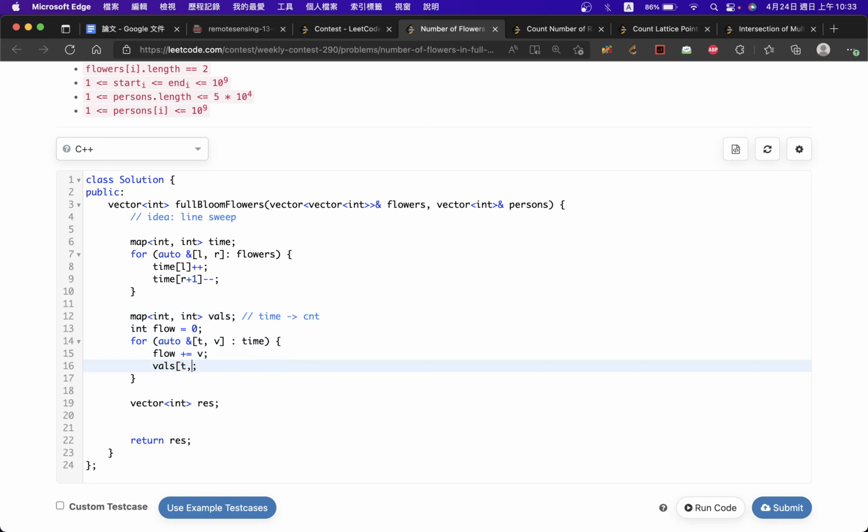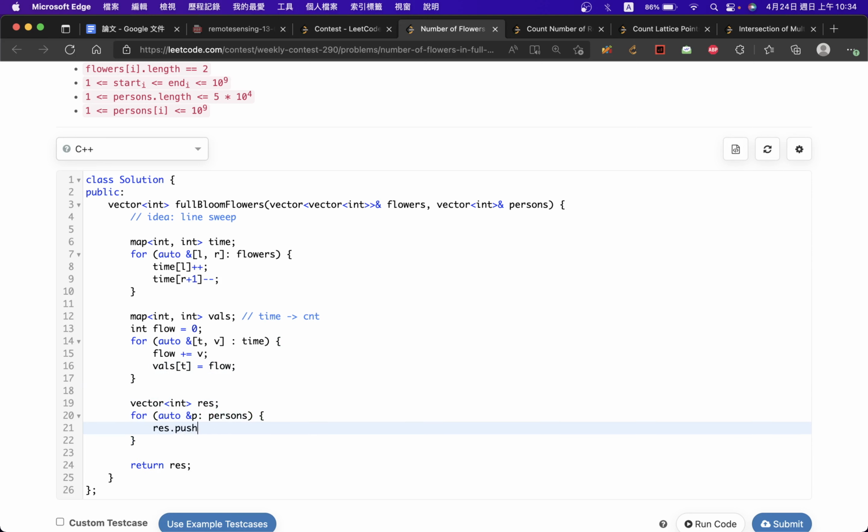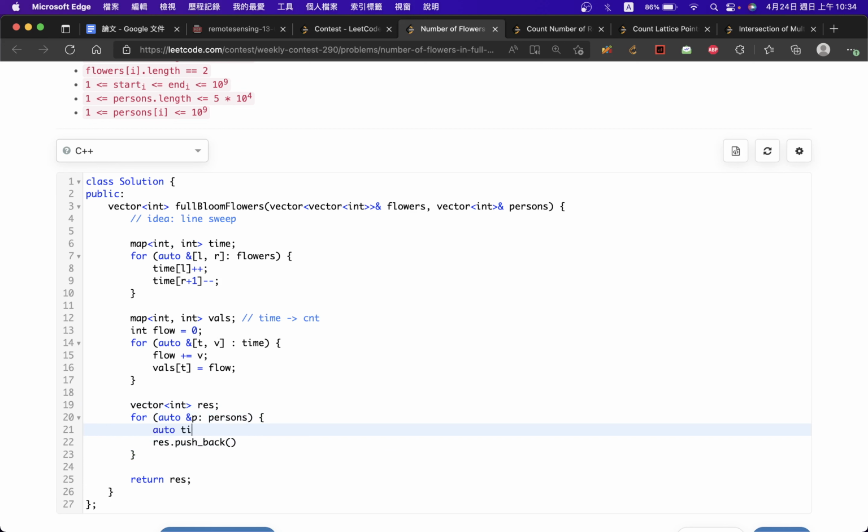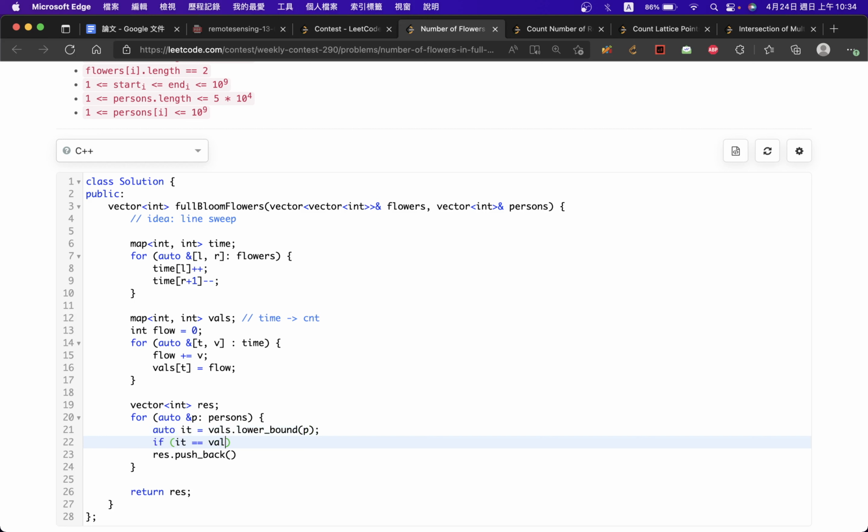So for the persons, if we binary search on time, we get the values with a lower bound, because for person P, if it is going to be values, and we will say 0,